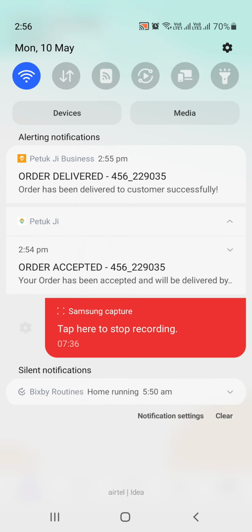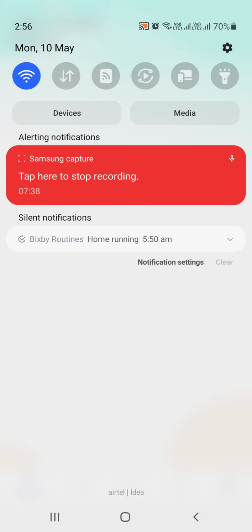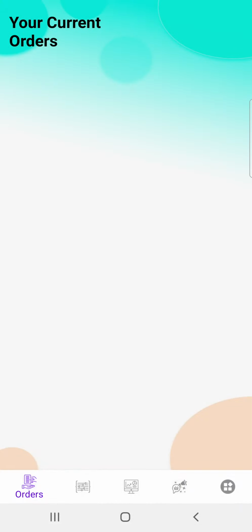So this is all about the order management part. There are various screens that I already covered in that. That's it, a simple description. I'm not going to cover the part where our rider will deliver. In that case there is a separate application for the rider. I'm not showing that at this point of time.